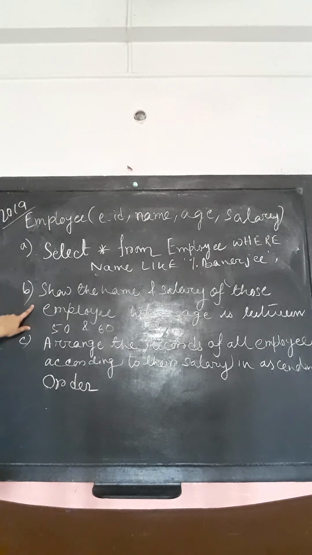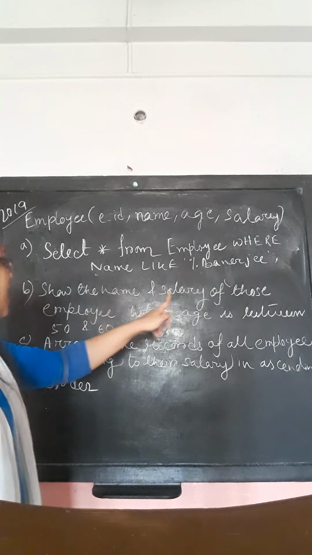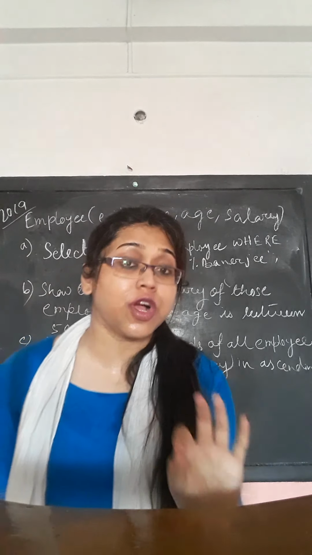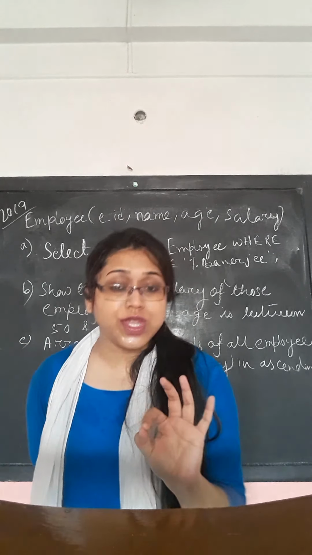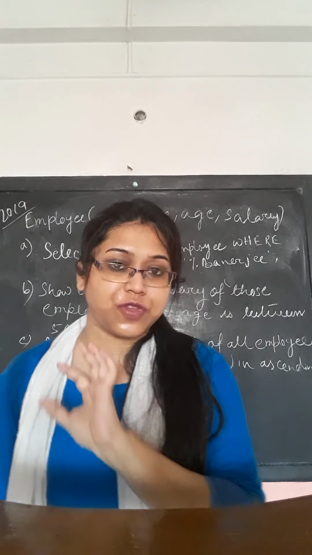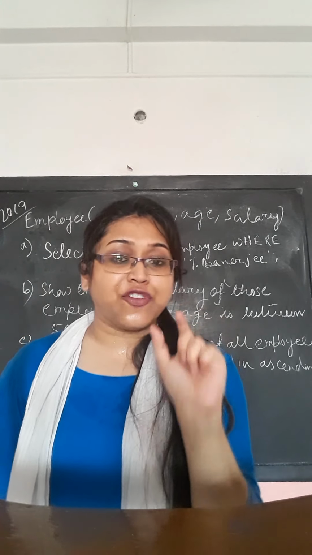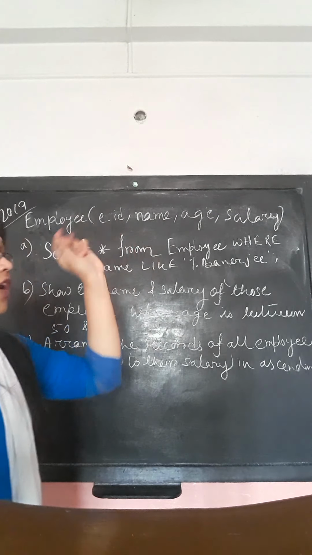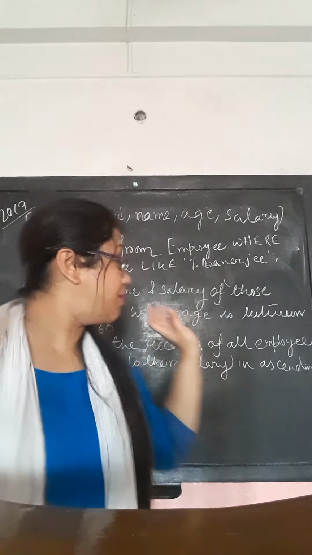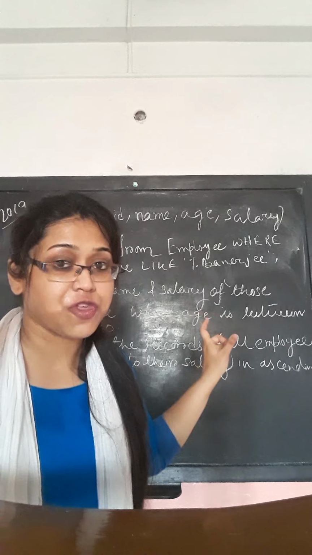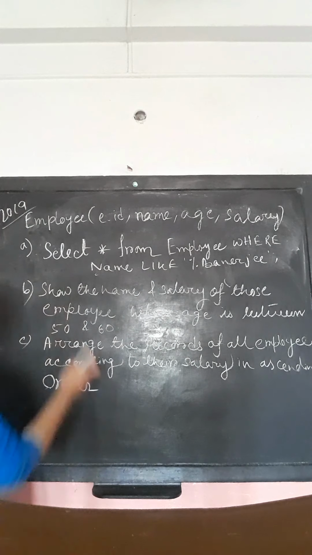Now, what is the next question? Show the name and salary of those employees whose age is between 50 and 60. So you have to retrieve the information of those employees whose age is within 50 and 60. So here the attributes are mentioned. You have to retrieve only those attributes, because name and salary, these two attributes, are mentioned here. So what will be the query? The query will be